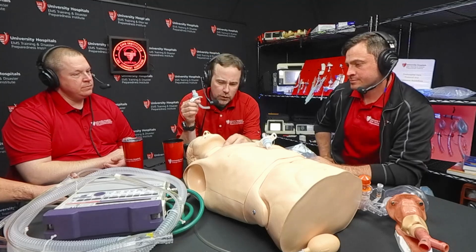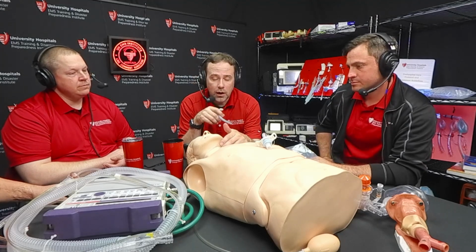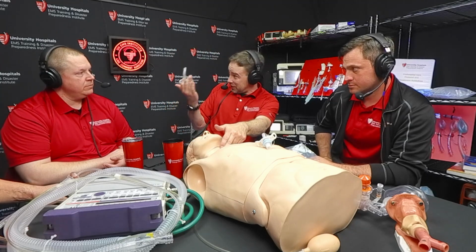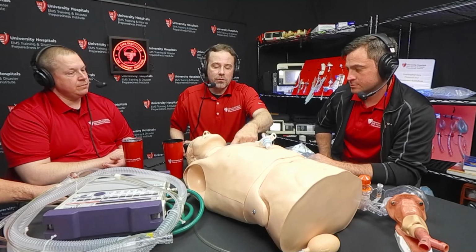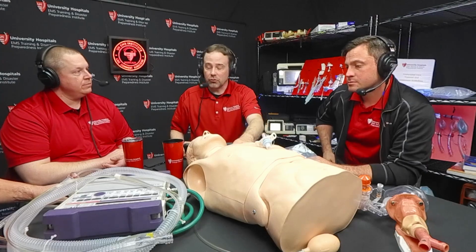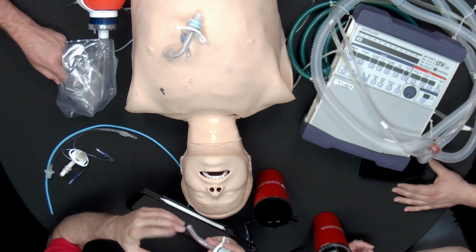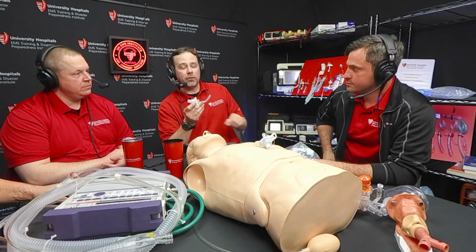Now, the hole is a little lower than we were demonstrating in a previous episode with the cricothyroid membrane, although if you did a cricothyrotomy and you happen to have a trach in your crash kit, you could certainly put that in there. But they do a surgical intervention to make an ostomy further down to put a tracheostomy in. And then again, the length of this, and we talked about this in the previous episode with the cricothyrotomy,